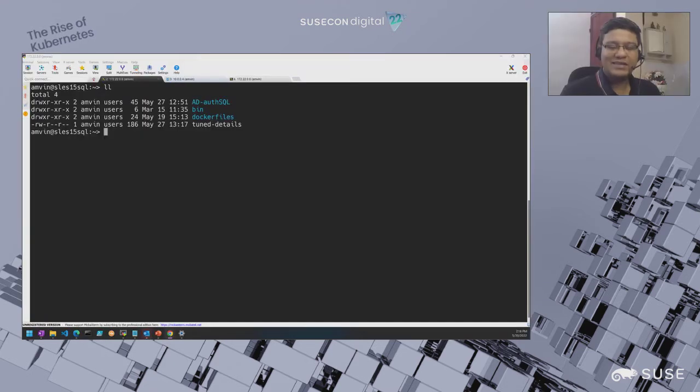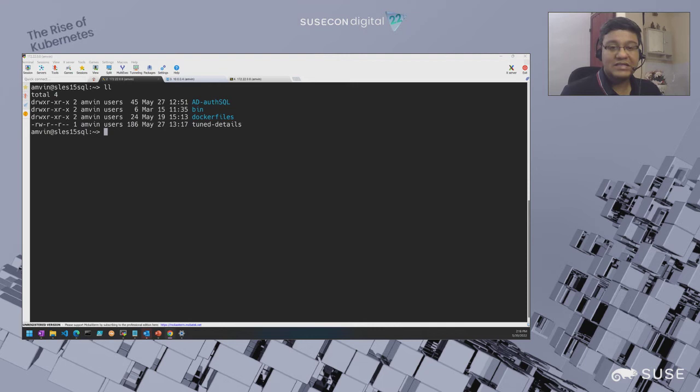Welcome to this demo. In this demo, I'm first going to go ahead and show you a quick overview of TuneD profile. And we're going to talk about TuneD profile in probably the next slide. But just to give you a quick idea, TuneD profile basically helps set up the OS in the best possible way so that we get the optimal performance out of the SQL Server database. So you have different TuneD profiles. You have throughput performance for a balanced performance for different applications. But if you're running databases like MS SQL Server, then you should be going ahead and using this TuneD profile.